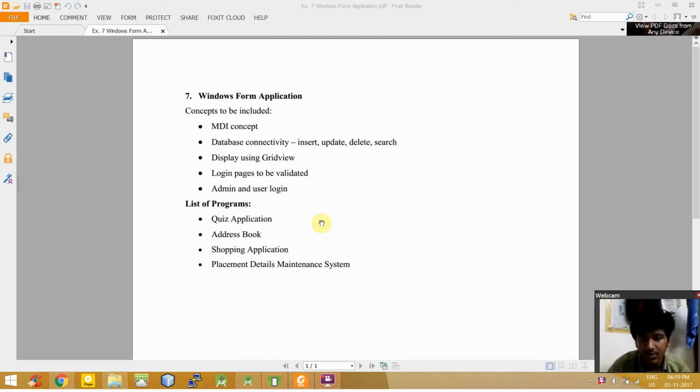I'm going to be explaining my 7th lab experiment on C Sharp. So this experiment is about creating a Windows form application. We're going to create this application for an address book. So that's my program. What we're going to do is we have to add database connectivity, and we have